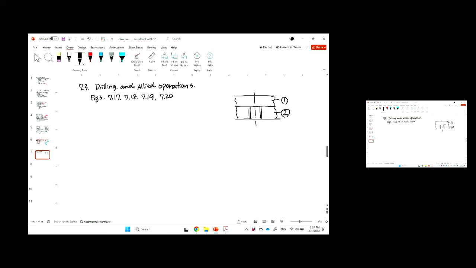If you have room on top, you can just make it a through hole, and then you can put a screw or something and tighten it. But if you have no room for this head, then you have to put it inside, into one piece,